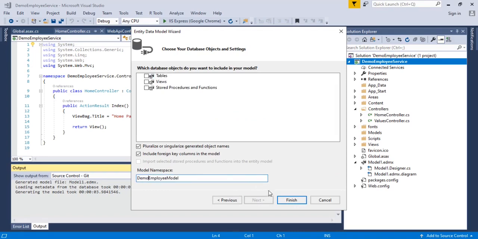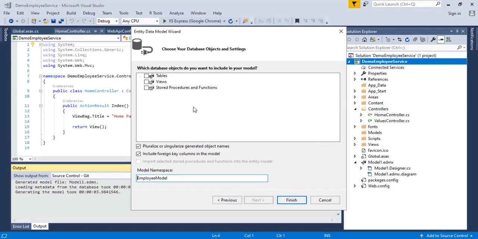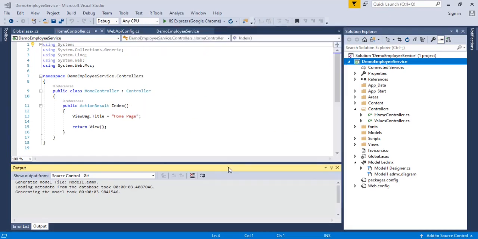Demo employee model. See, if you see the bottom, adding Entity Framework 6.2.0 to the project.